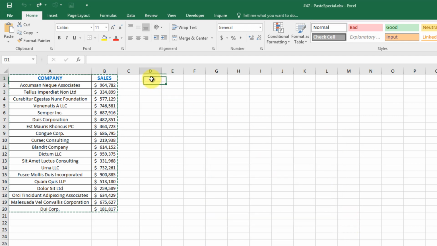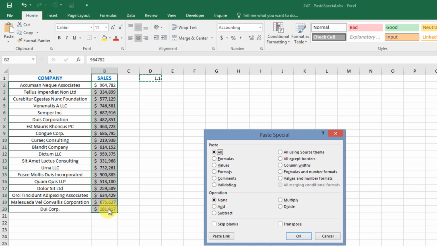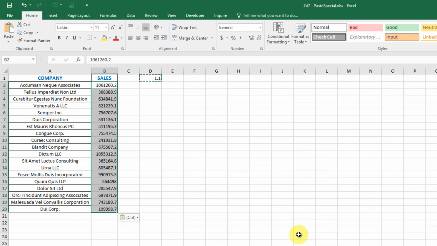First of all, go to an empty cell and type 1.1. You will multiply the values by this number, which results in an increase of 10%. Then copy that cell. Highlight the range to be transformed. Press Ctrl Alt V to open the Paste Special dialog box. Click the multiply option and press OK. You can see that the values in the range are multiplied by the copied value. Similarly, you can use the 4 basic math operations like add, subtract, multiply and divide.